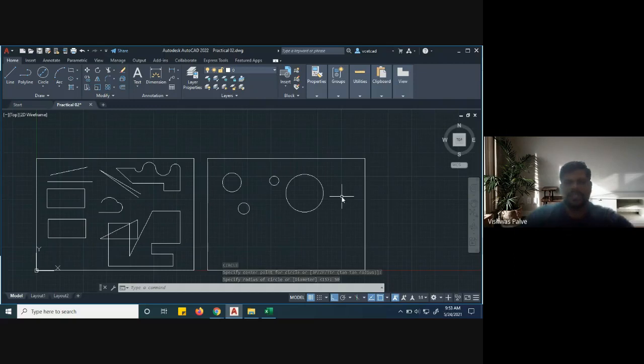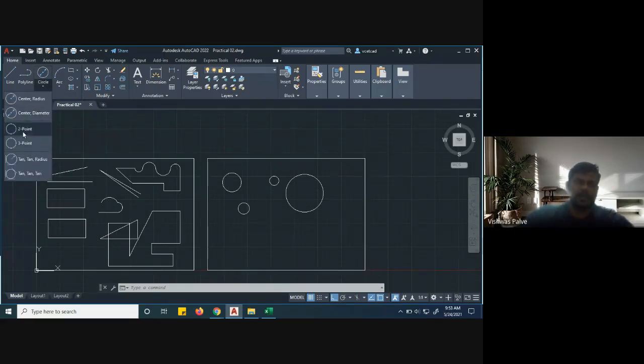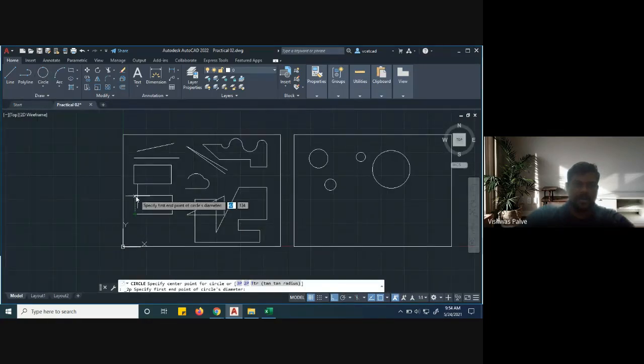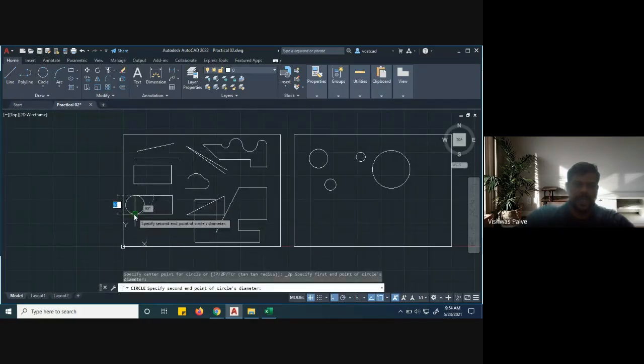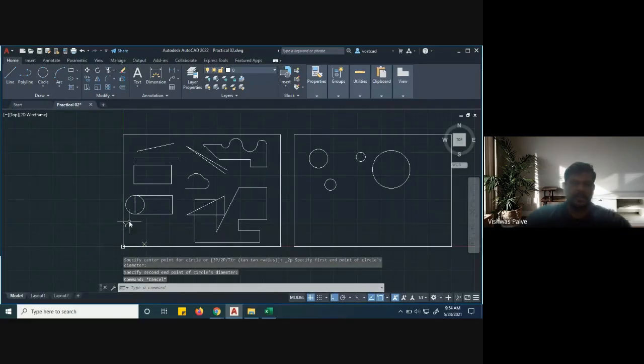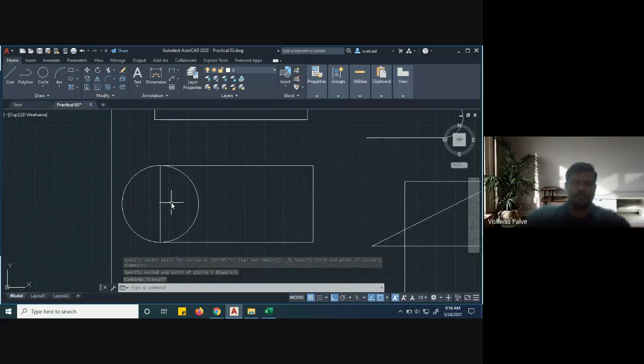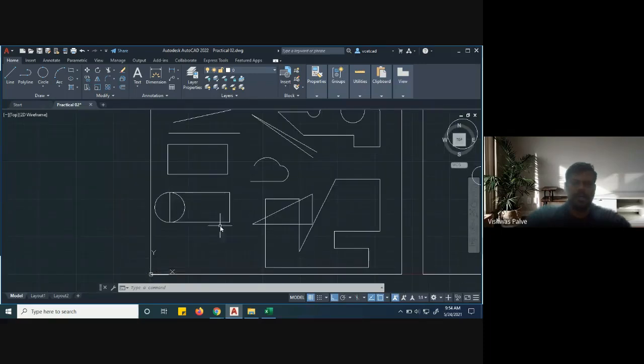So this feature you have to keep in mind, that is the radius feature. Then next are the few features, 2-point, right? If I have 2 points with me, then I can draw a circle. So this is the first point and second point, so I'll get a circle here, right? This is the 2-point method. If point 1 and point 2 are available, I can draw a circle in that.